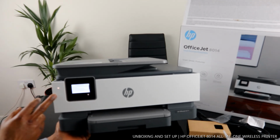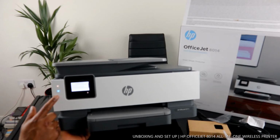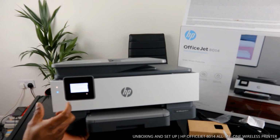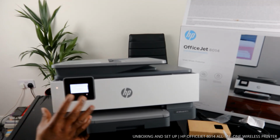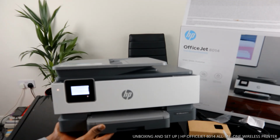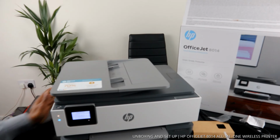You can see the Wi-Fi for this is flashing. This light here that is flashing is the blue light, for the Wi-Fi network, which we are going to connect as well. We're also going to install the ink cartridges for this printer, complete and load the alignment head. This is the full tour of this gear. This is HP Officejet